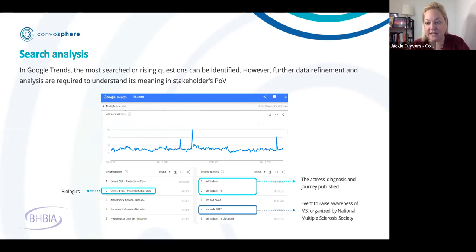Selma Blair is an actress in the US who is very public in sharing her journey with MS. So she is a very active and prominent figure in speaking about MS, the MS treatments, and her day-to-day quality of life and experiences. And you can also see that events, so time-based things, are here. And you often see an increase of awareness or questions or searches around those awareness days or specific time-based events.